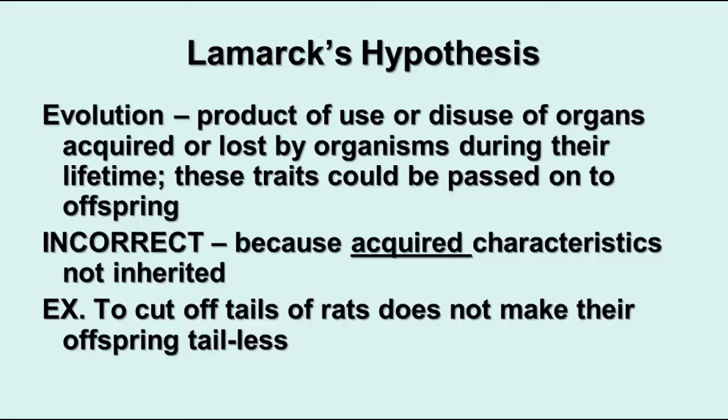Unfortunately, Lamarck became best known for his one idea that was really wrong, other than the vast number of others that were absolutely right on with the thinking of the day and the thinking of today as well. So just so you realize, if you cut off the tails of rats, that doesn't mean their offspring are going to be born without tails. You'll still have to cut off the tails of those if you want to have tailless rats. This concludes the lesson about Darwin's theories.